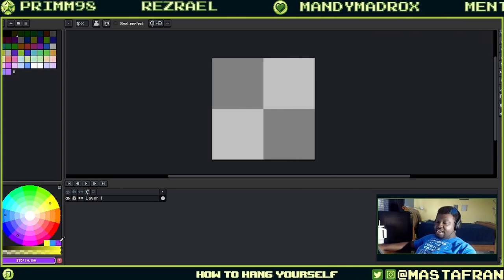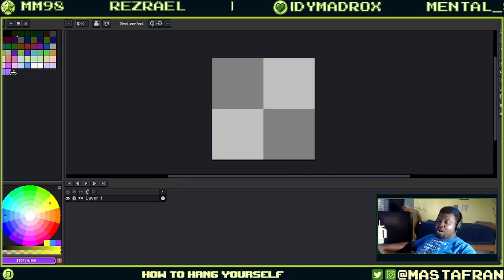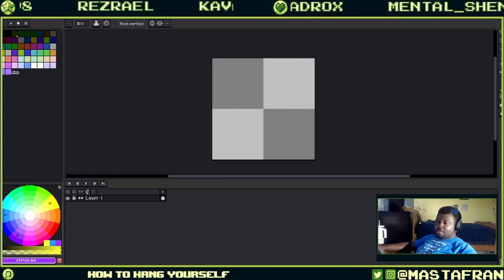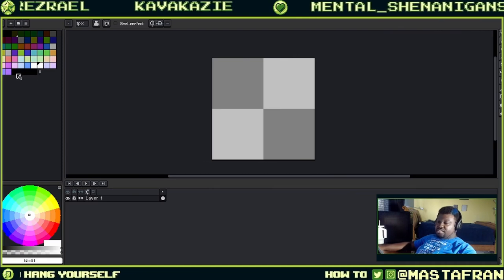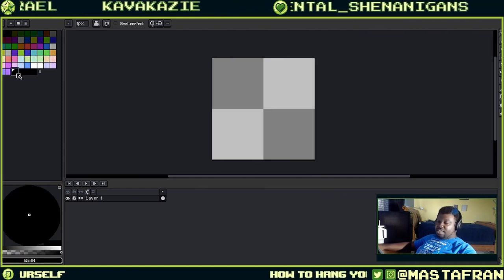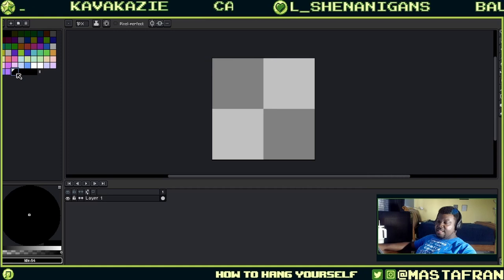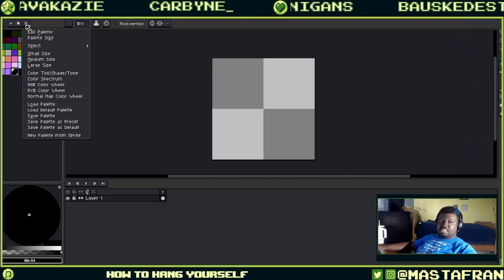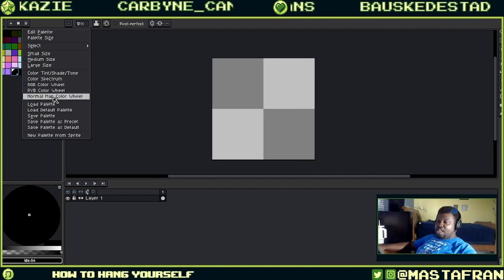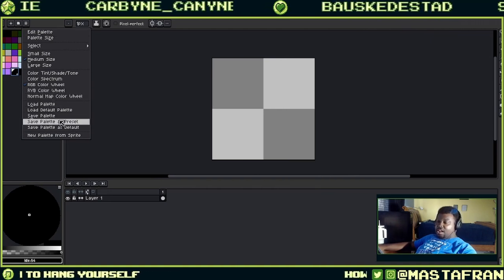Work off of that. If you want, you can save a palette by expanding the line here. You can add more palettes here. I believe you can right click. No? Let's see. Okay, so you can click this drop down menu, and you can add that color to the